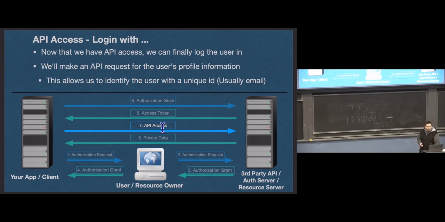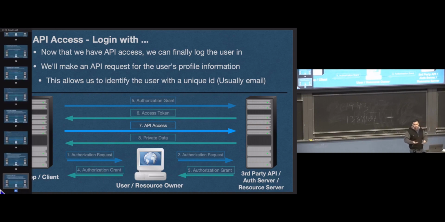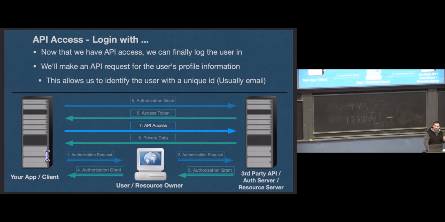Before this point, steps 1 through 6, if you look really carefully, at no point during any of that do we know anything about this user. We don't know anything about them. We might know through some other means. They might have registered through our app or interacted with our app. We might have been able to gather a little bit of information about them. But through this process alone, we know nothing about them. We know that they clicked a button on our site,